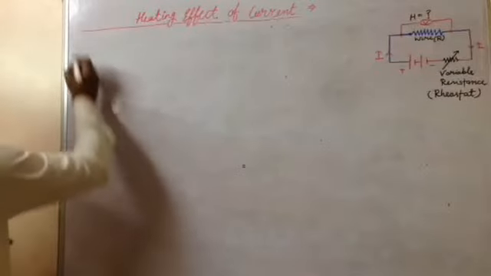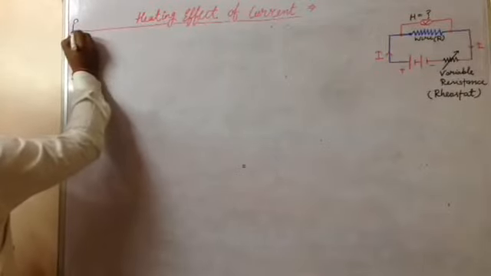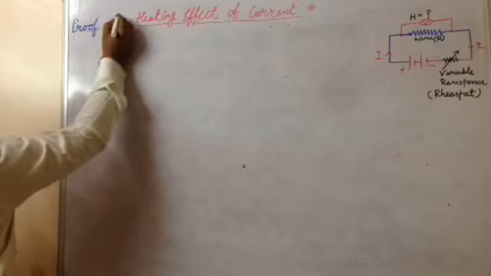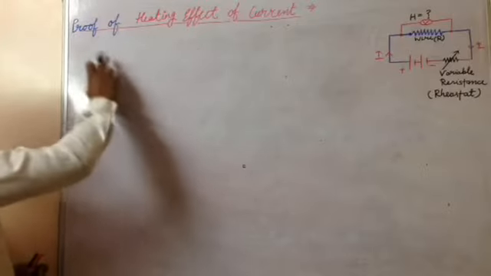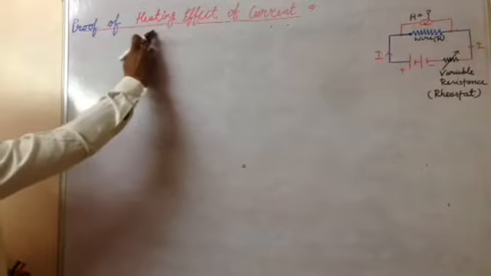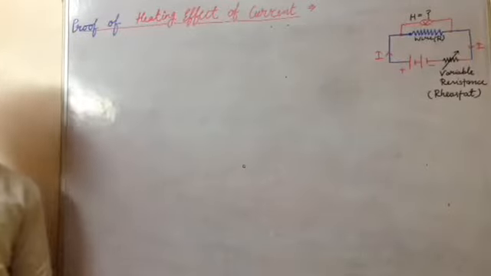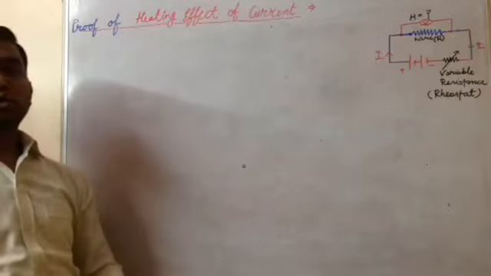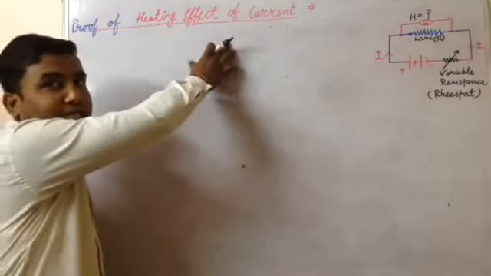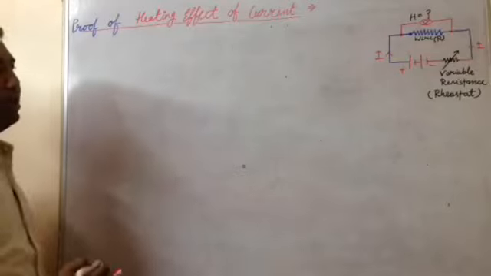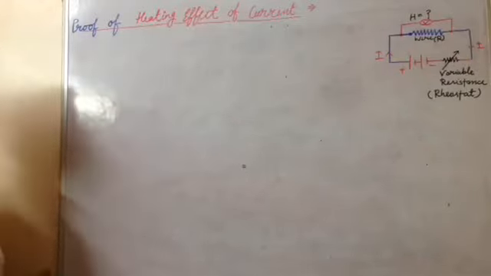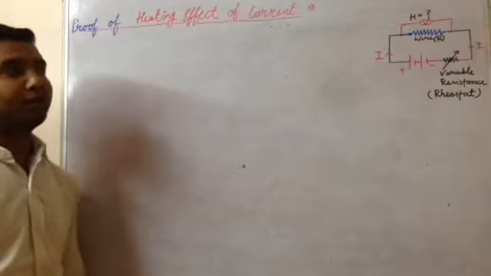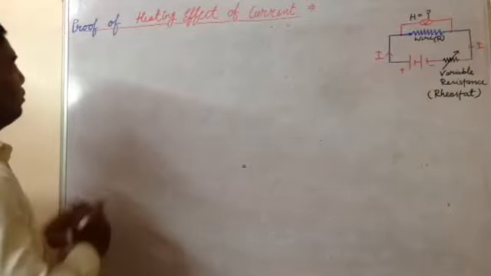Now what I am doing? Proof of heating effect of current. This is the next heading. What are we going to do? We are proving the heating effect of current. So how can we start? What would be the first line? We'll have to write some language, because without language we cannot start a derivation. So what statement can you give? This is the common diagram. So what is happening in the diagram?